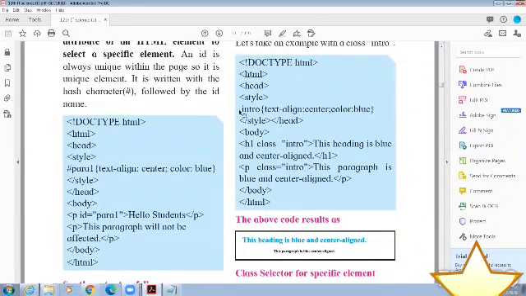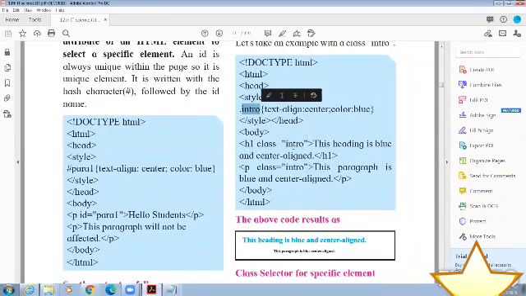Here, dot. After that, the name is given, intro. You can give any name. The properties applied, style close, head close, body, h1 tag, and class attribute. Specification is intro. Where is the intro specified?